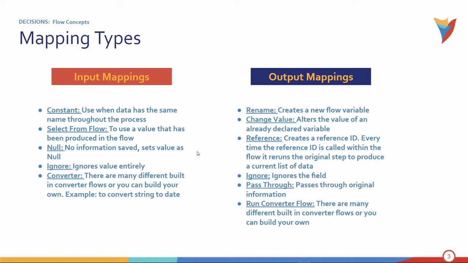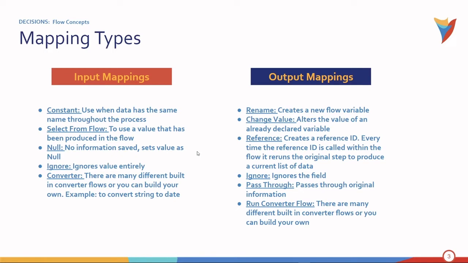Now on to mapping types. As I mentioned, whenever you drag on a step inside of the flow designer, it is going to have an input and an output. So with these inputs, you're going to have options. And some of those options include you can set constants. So constants is when you use data